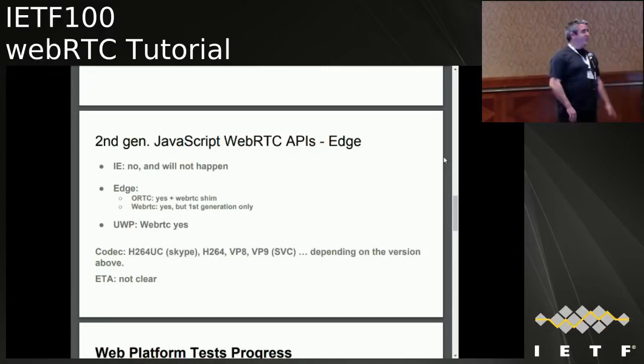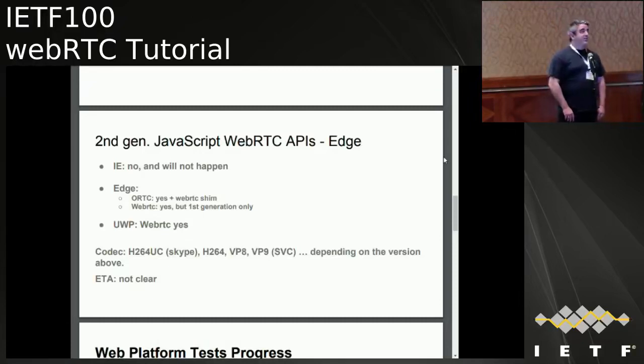They want people to move away from all the old Windows and get into Windows 10, so they're putting all the latest API on Edge. They think that if they put the WebRTC API in Internet Explorer, that will not give enough incentive for people to move away from Windows 7. Edge has two implementations today. One is based on ORTC with a polyfill on top, and another one that is WebRTC 1.0, but first generation, which is the addStream and removeStream implementation. And finally, they have a third